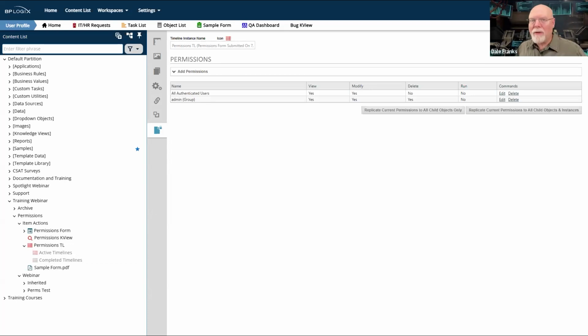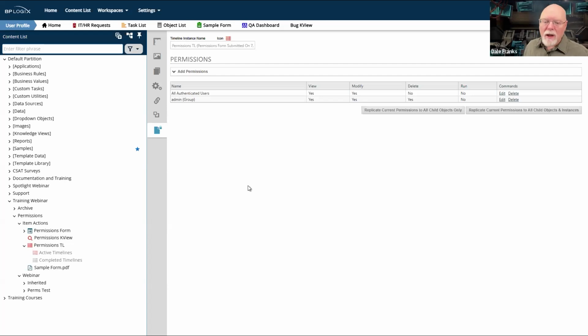So at this point, we now have to talk about the permissions differences on instances versus objects. Objects have 7 properties. Instances have 4. When I select view children, modify children, delete children, and run on an object, those 4 permissions become the view, modify, delete, and run permissions for the child objects that are created.